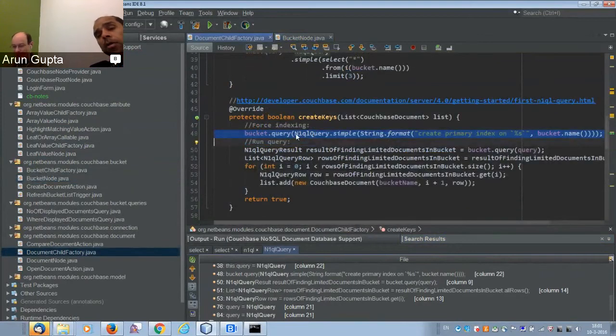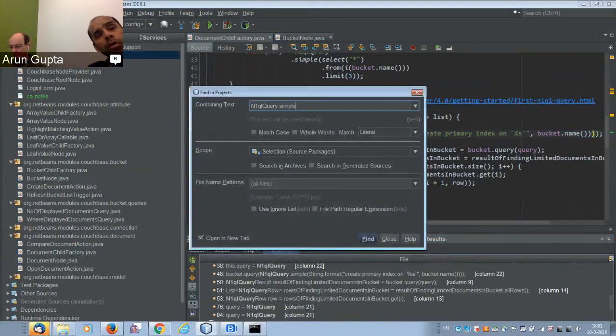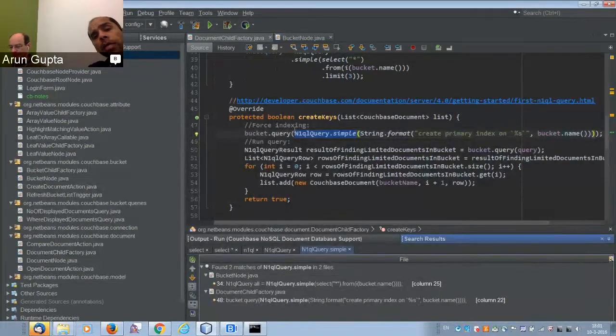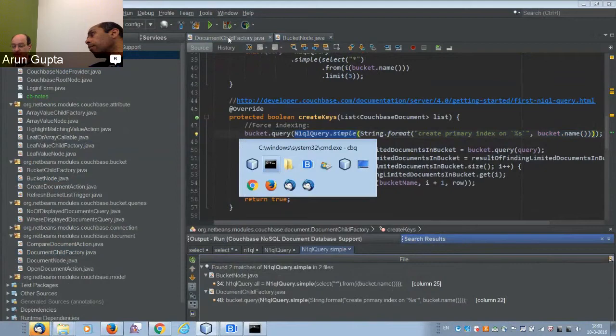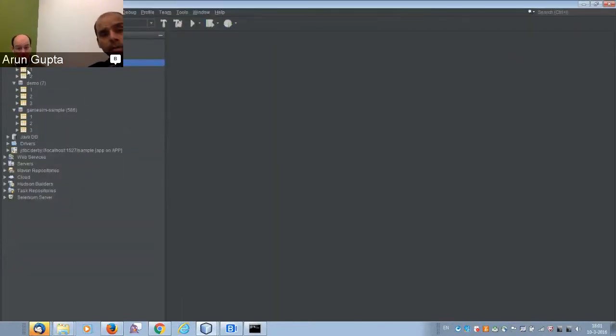Got it. So I guess, Gijan, what I would like to see really is, as we are loading a Couchbase host, let's list all the buckets and maybe adopt a different legend or a different logo for the bucket based upon whether it's indexed or not indexed. And certainly it would be nice to highlight if fields are part of an index or not. Right. So not just buckets, but fields as well.